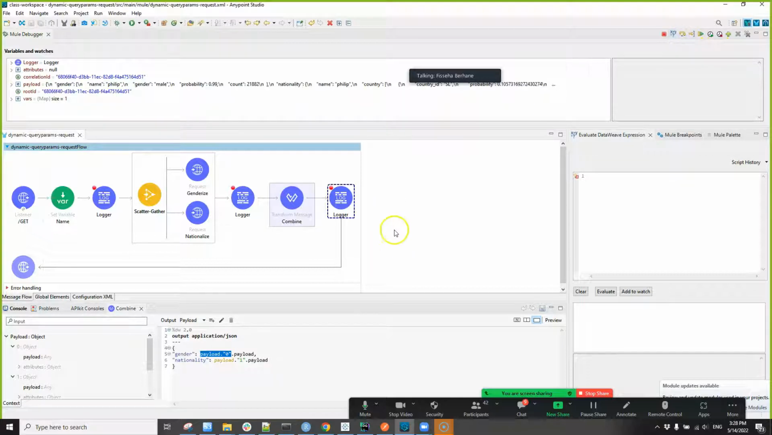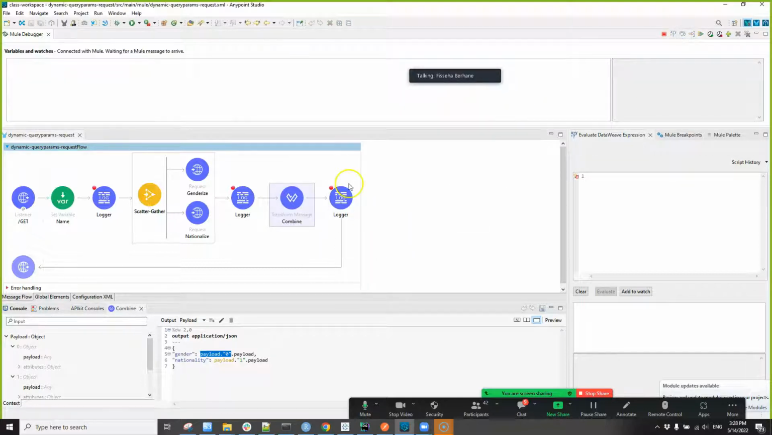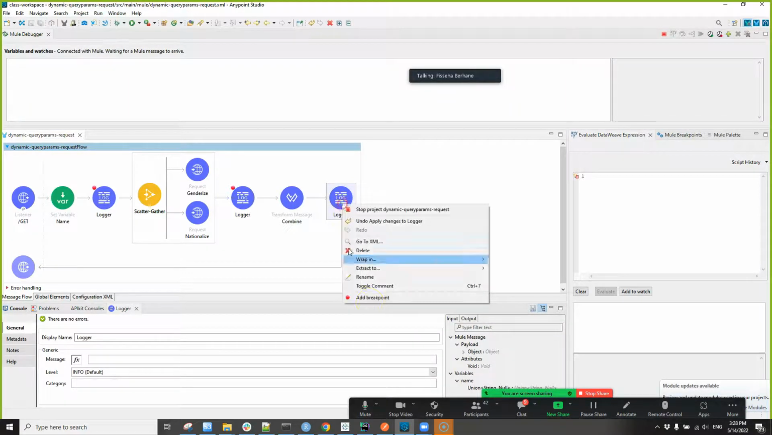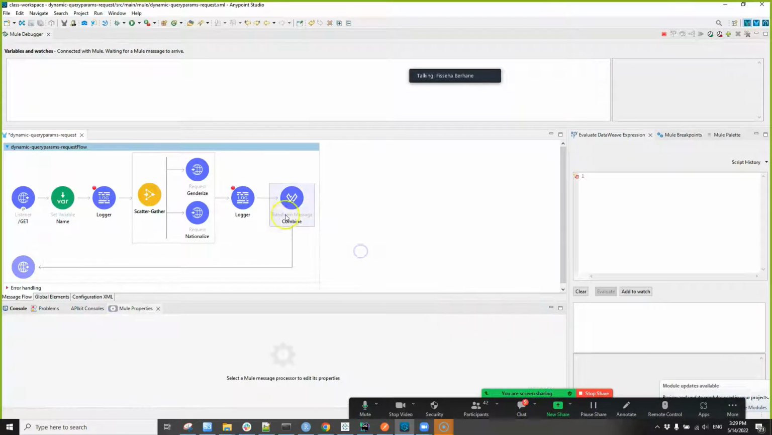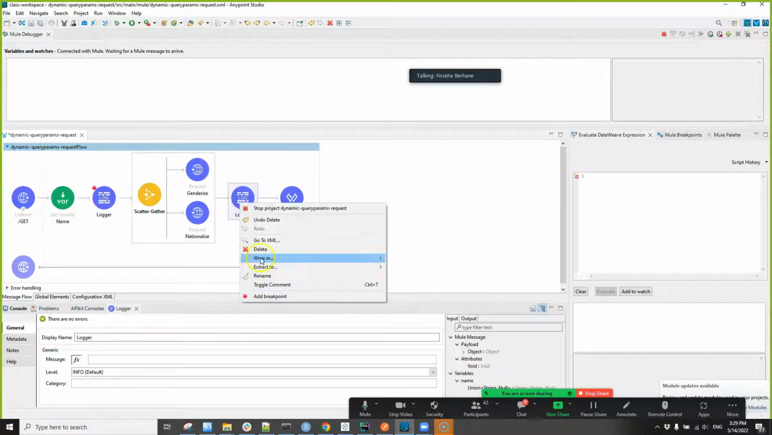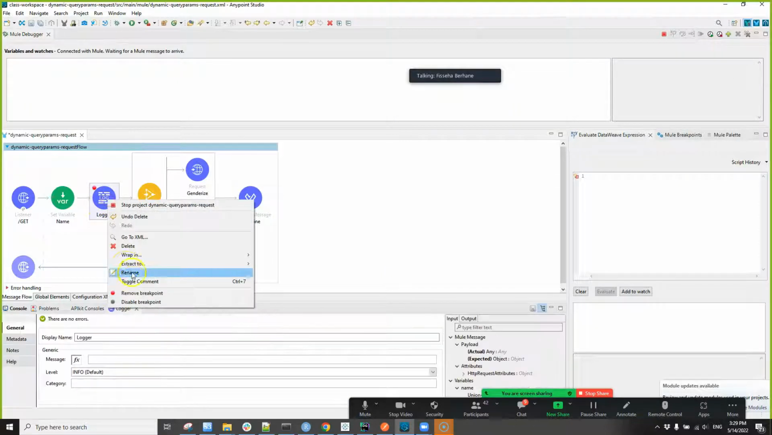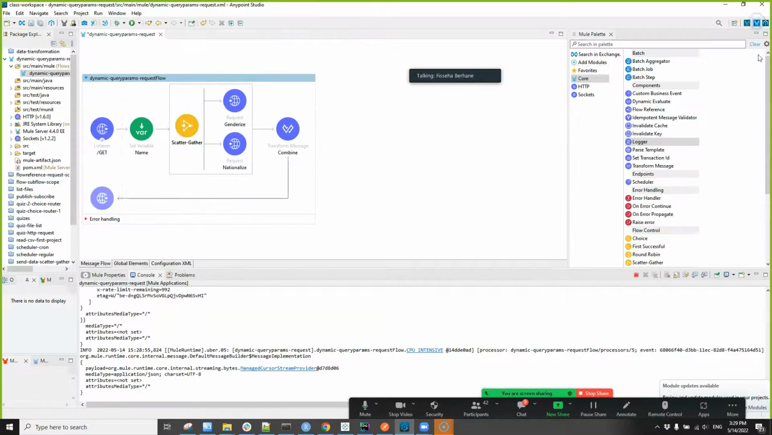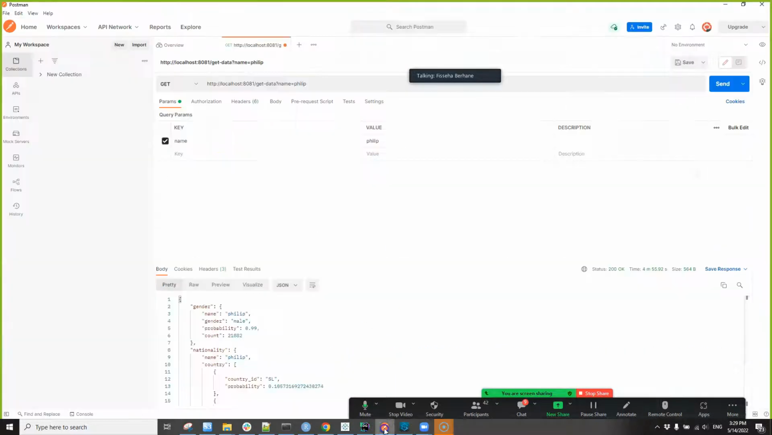So this is it. Now let me remove the loggers and the breakpoints and just send a couple of names and test it before we move to the next part. Actually, we can just remove this, delete this also, and get back to the design perspective. So now I sent Philip, so for Philip, this part is what it got